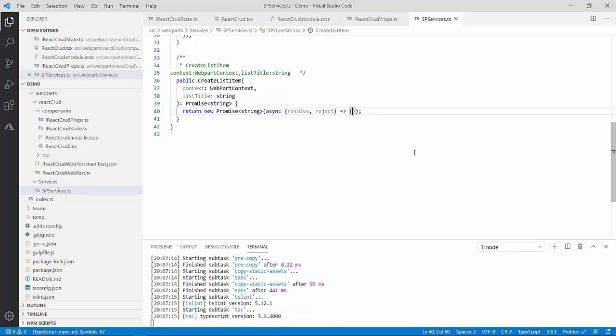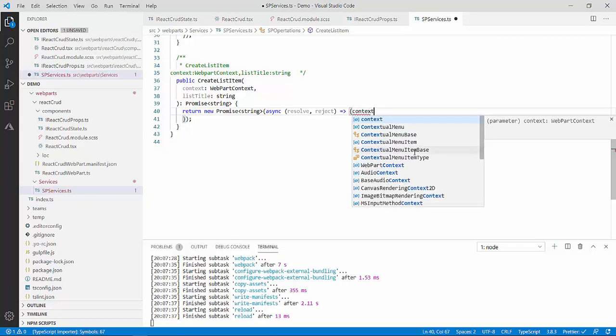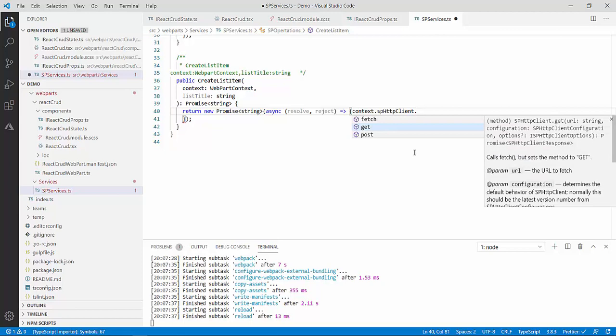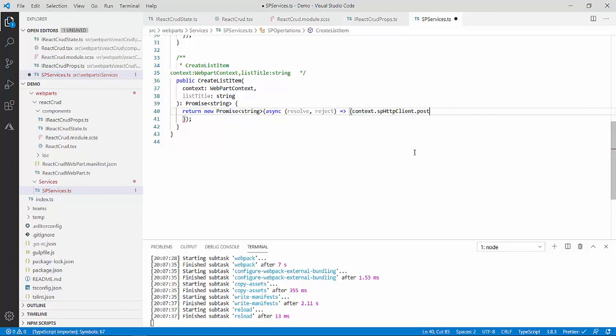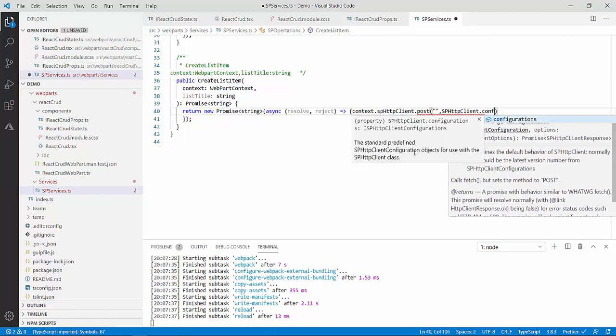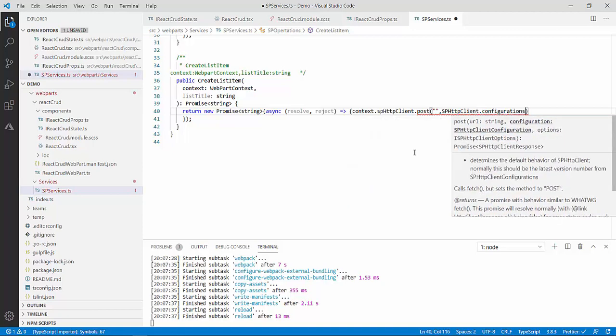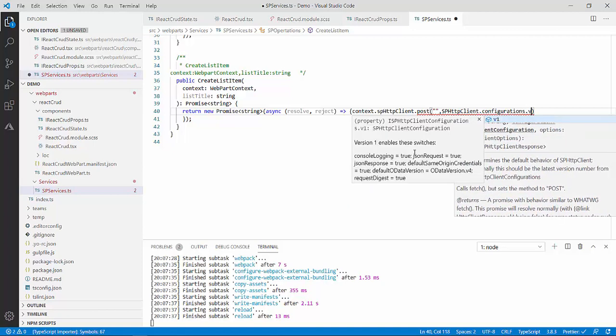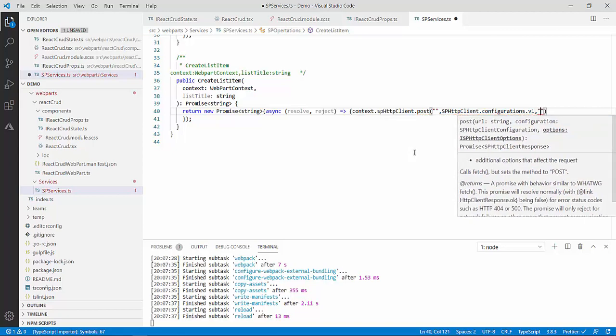So again I have to create the REST API URL. I'll start. Before that I'll show you something. We'll start with the method. So I have the context.spHttpClient dot. This time it is a post method because I am creating an item in my SharePoint list. So I will be passing the headers also. Remember last time we skipped it. So post, and in this there are three parameters I told you. One, second is SPHttpClient.configurations.v1. This will remain the same, and third will be my headers. So over here I will declare my headers.